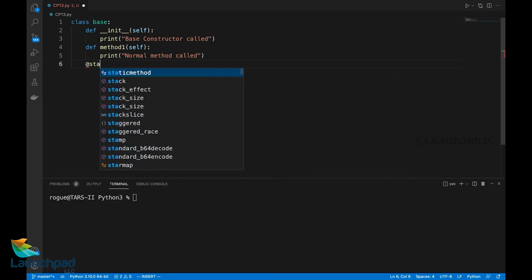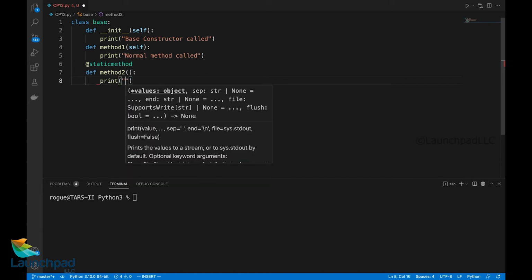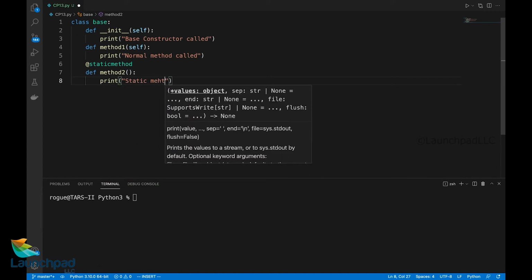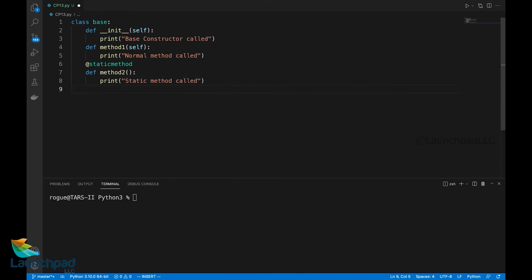A static method in Python is mentioned with the help of the static keyword. Static method, so define method2. A static method will not take any arguments. Rather, I'll simply print static method called. Now, in order to access each one of these methods, I'll create an object for this base